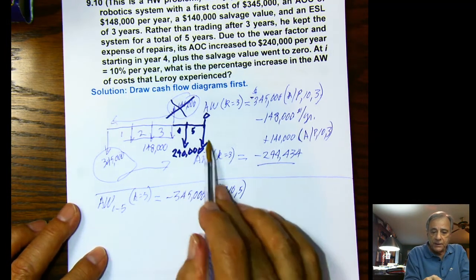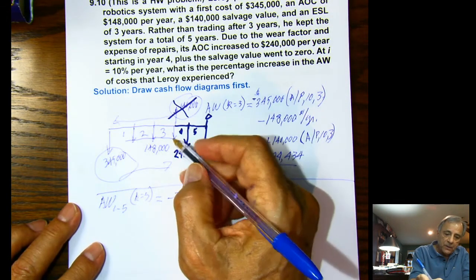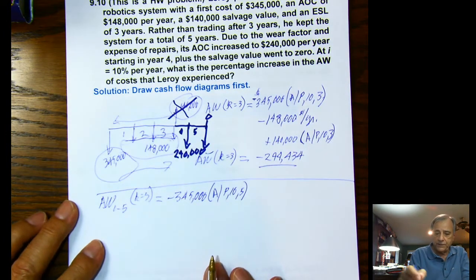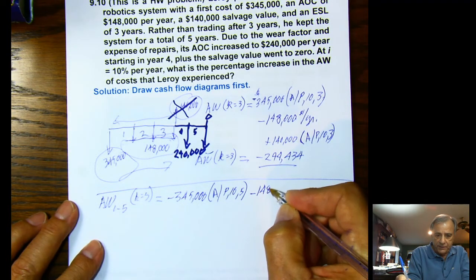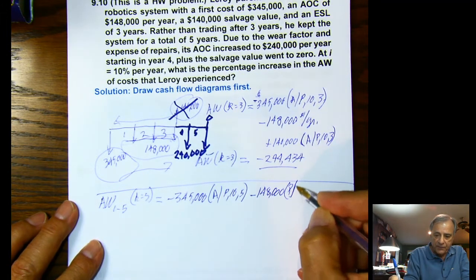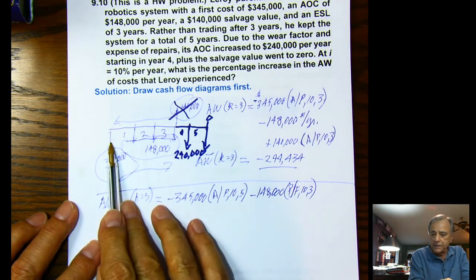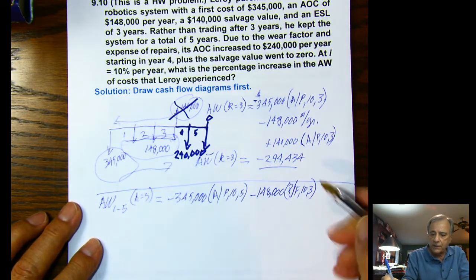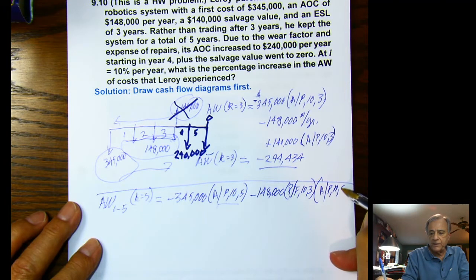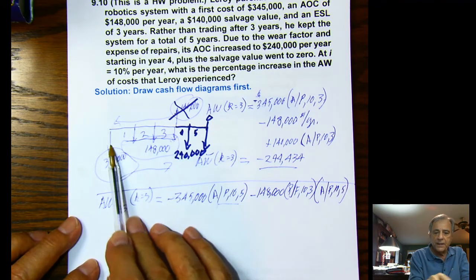Then we've got this number, minus 240. Well, if we take our 140 that is only there for 3 years, so minus 140,000, bring that back to the present time, P given F, 10% for 3 years, that's the present worth of that A series. Then I can spread that over 5 years, so I'll do the same thing I did here, A given P, 10% for 5 years. That takes these 3 values back to the present and then spreads them out over the